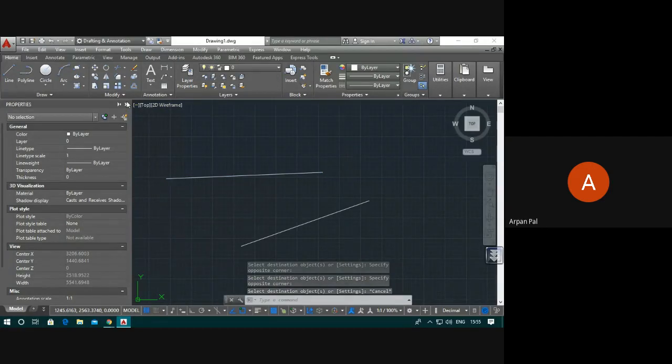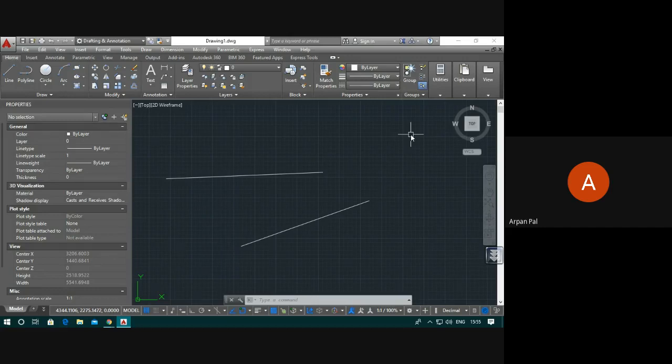If you want to take a different source, then you need to exit from this match property option again and take the different source. I hope if you try, then you will be able to complete this drawing at your home.